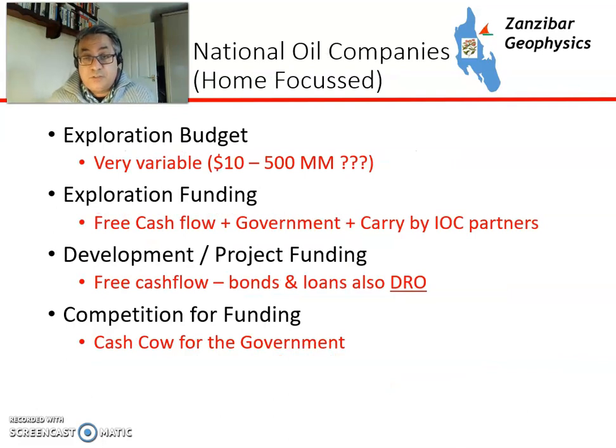Now, in terms of the national oil companies, it's a lot more opaque. We don't know what the exploration budgets of somebody like Saudi Aramco are because they don't tend to publish that, unlike the Western IOCs. Could be very variable. How is funding done? Some of it's from free cash flow, some of it's from government funds, but there's also